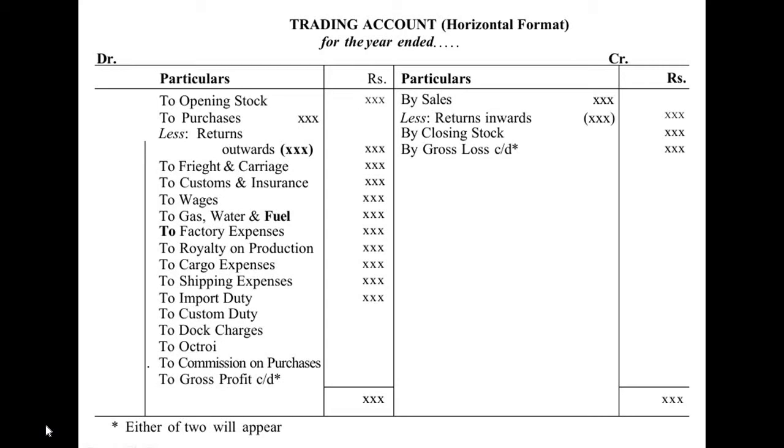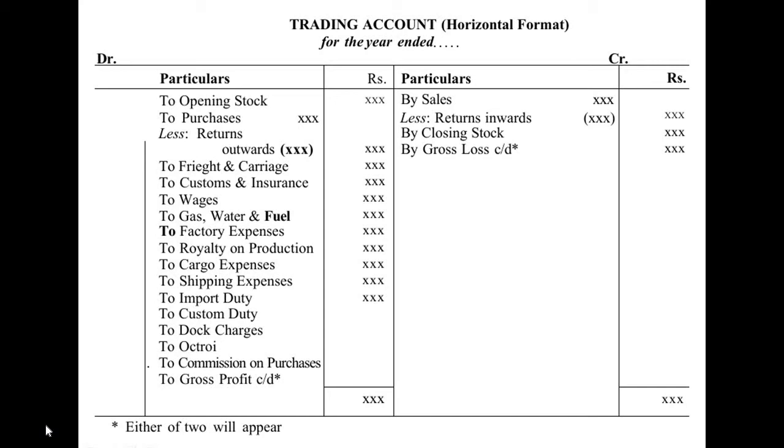And the next one is closing stock. It refers to the unsold goods which are lying in the godown at the end of the accounting year. It appears outside the trial balance. It will be shown on the credit side of a trading account and also on the asset side of the balance sheet. So this one is trading account. If the balance is on the debit side, then we have got net gross profit. If the balance is on the credit side, it is called a gross loss.